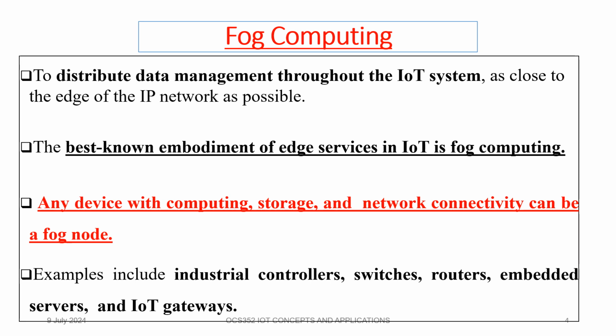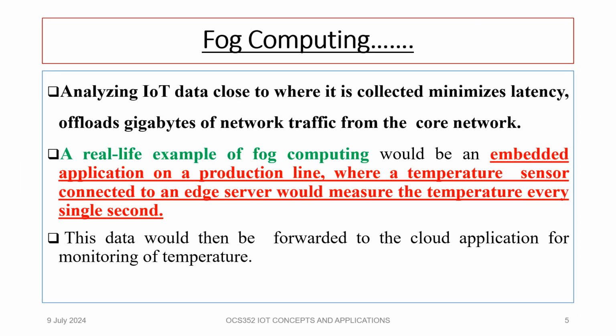The best known embodiment of edge service in IoT is fog computing. Any device with computing, storage, and network connectivity can be a fog node. Examples include industrial controllers, switches, routers, embedded servers, and IoT gateways. Fog computing analyzes IoT data close to where it is collected, minimizing latency and offloading gigabits of network traffic from the